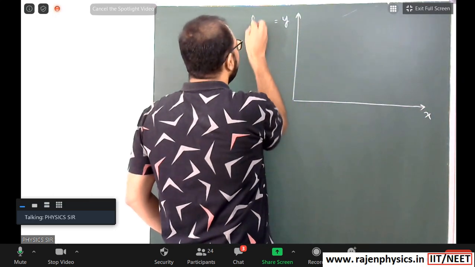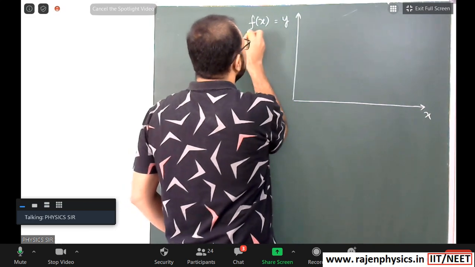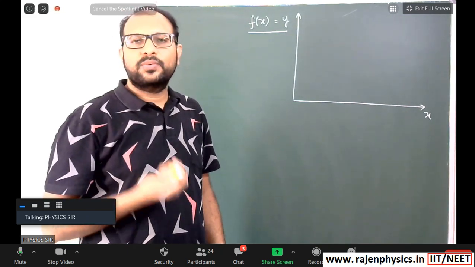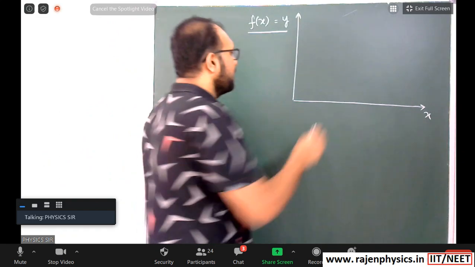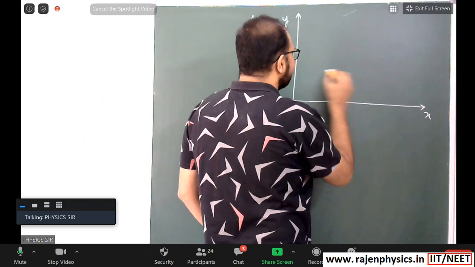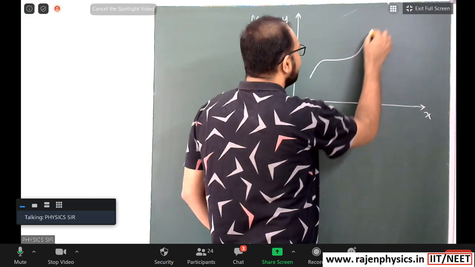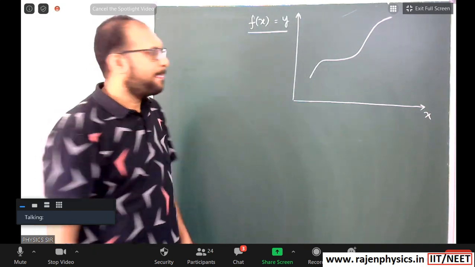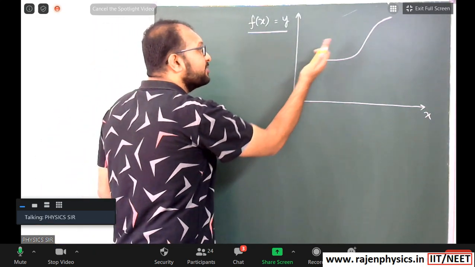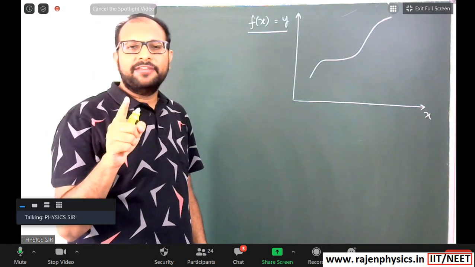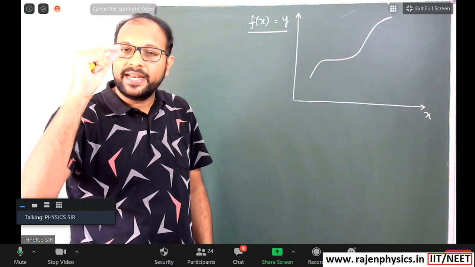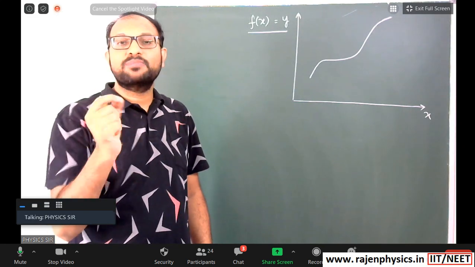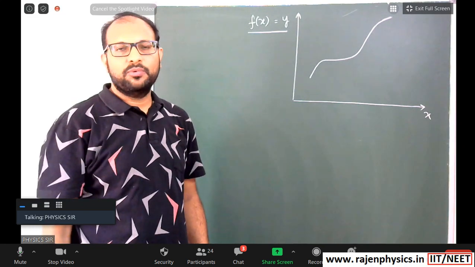Suppose y is a function of x, some equation, y equal to kx square, kx plus some equation. Suppose the y versus x graph is like this, an even curve graph. The slope of this graph is already completed by using differentiation. Slope means change in y coordinate divided by change in x coordinate for an infinitesimally small difference. That is the differentiation, over.